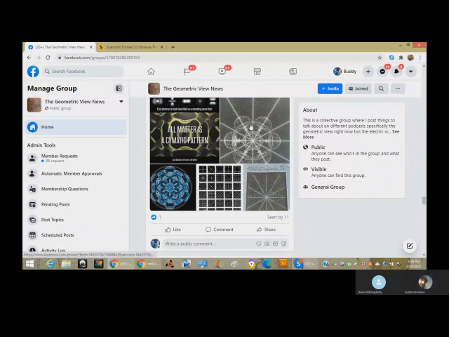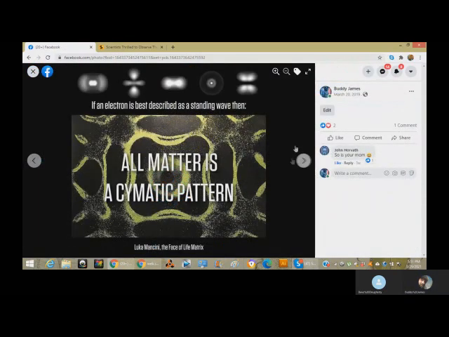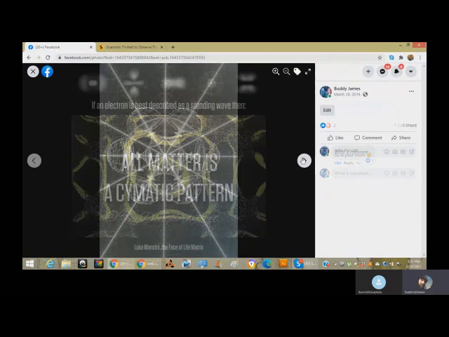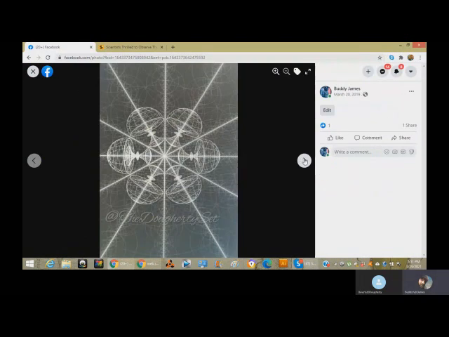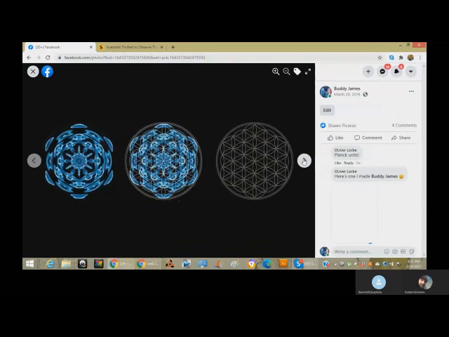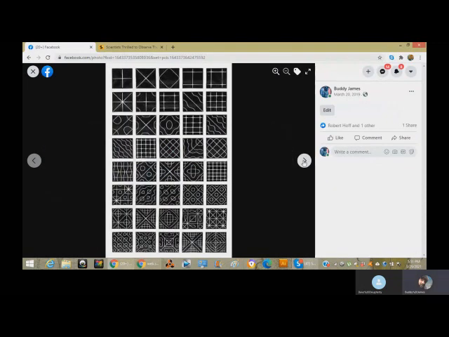All matter is a cymatic pattern, and you can see the cymatic patterns of the Doherty set here, right here. Some of them, bam, right there. That's what I call a magnetic wavelet, or maglet. And you can see that geometry right inside here, right on there. Right here, right here, right there. You can see these